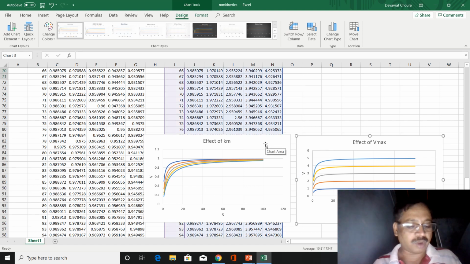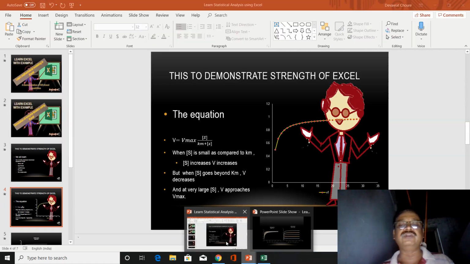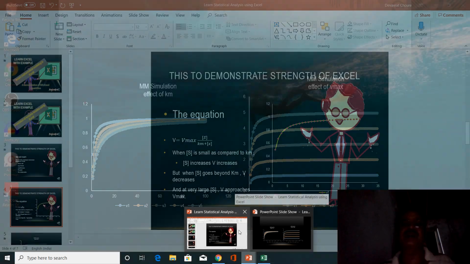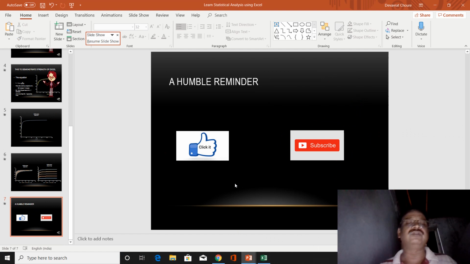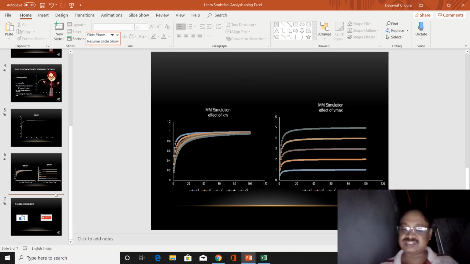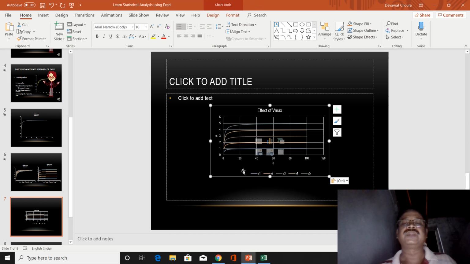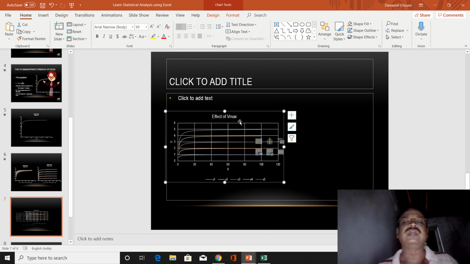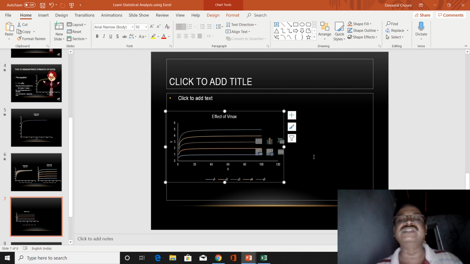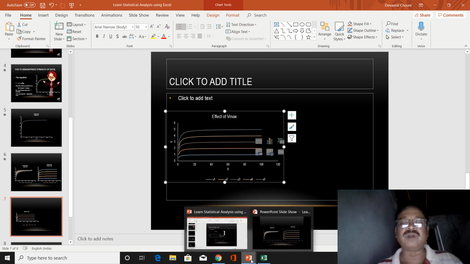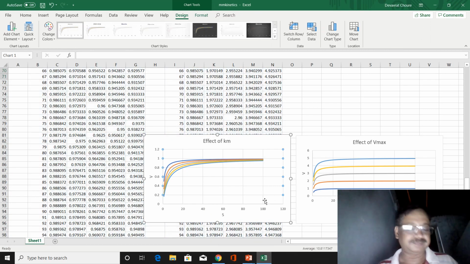If you want to copy these graphs to prepare reports or in our PowerPoints, I will use the PowerPoint which I prepared. This one to demonstrate strength of Excel. I will go down and here I will insert a slide to paste the chart. Yeah, chart pasting is possible, and there if you click on these lines or elements of the plot, I have selected the element of the plot by clicking on it and then deleting it to make it visible properly. And for second plot also I will have to copy that.